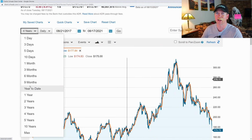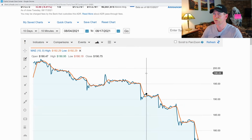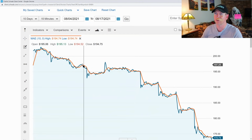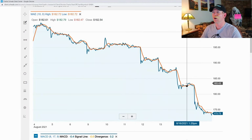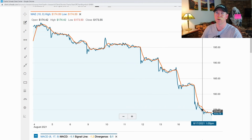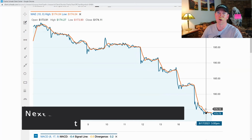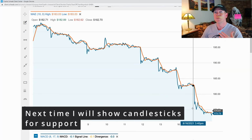So if I look at a 10-day chart here, you see this line here is the 10-day moving average. We're going to see in the last half of the day, it really kind of bottomed out and had a lot of support right there. So a lot of people buying in around 175 and keeping it about 173 to 175,